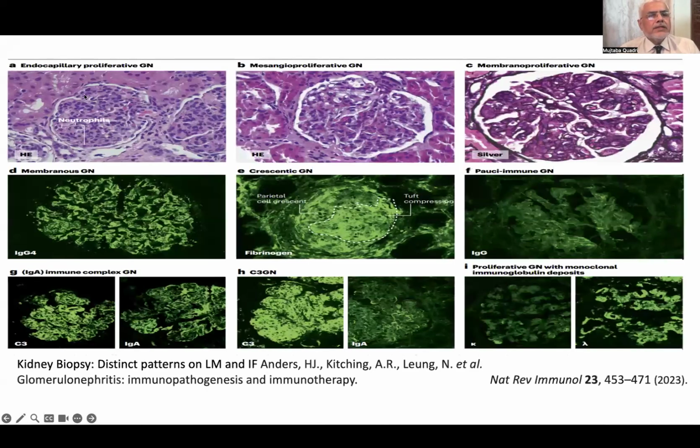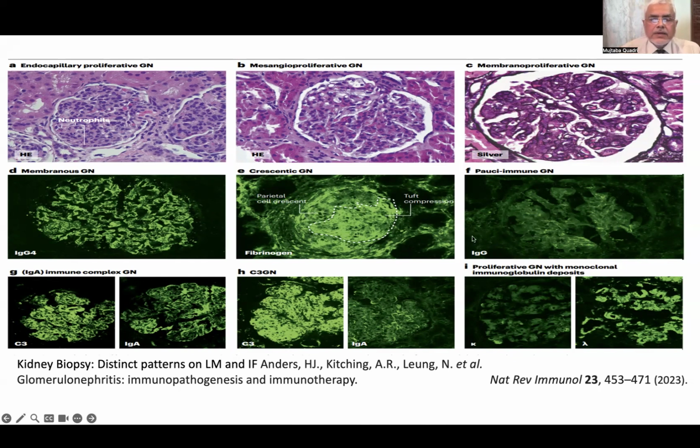These are some of the patterns you can see in endocapillary proliferative GN, or mesangial proliferative GN, or membranoproliferative lobular type GN. This is the IgG4 in a granular pattern in the primary membranous. And this is, you can see the tuft compression with the parietal cell crescent here, very clearly seen with fibrinogen deposits. This is the IgG pattern in